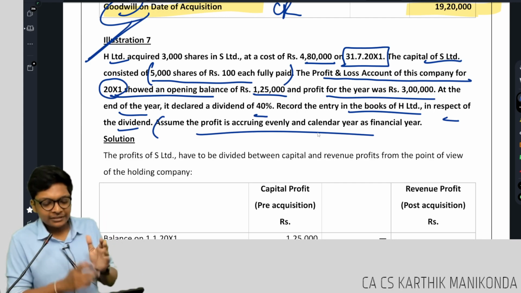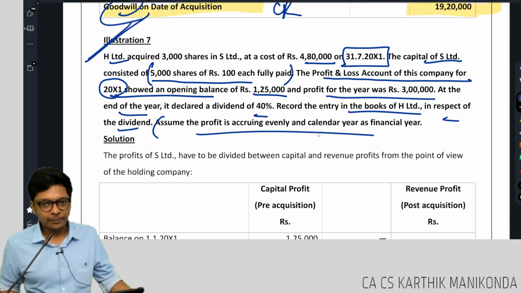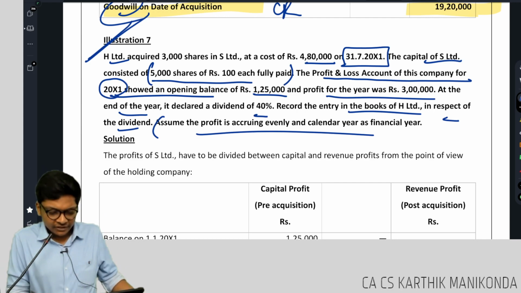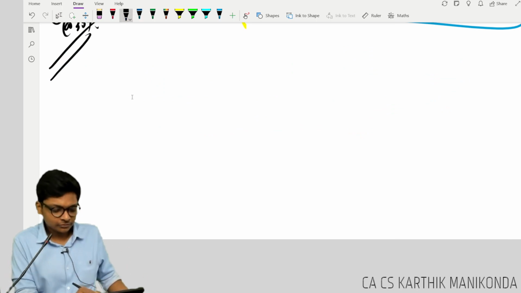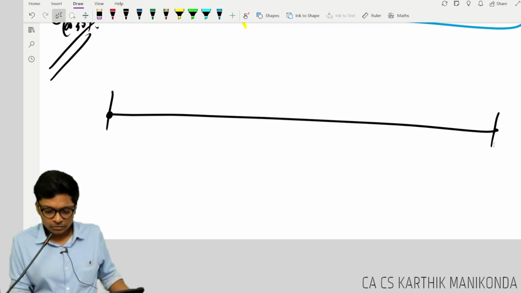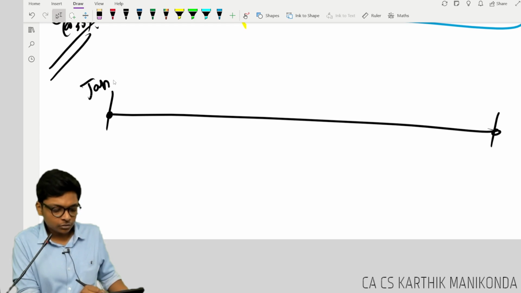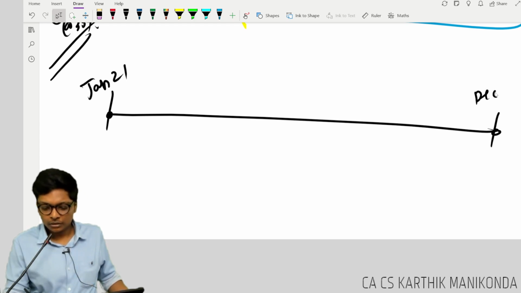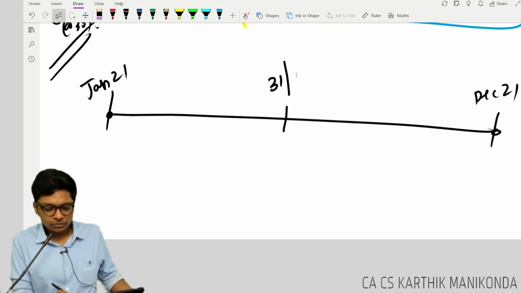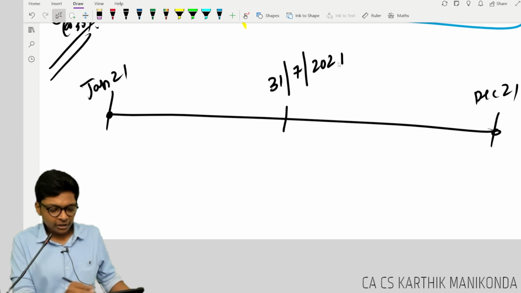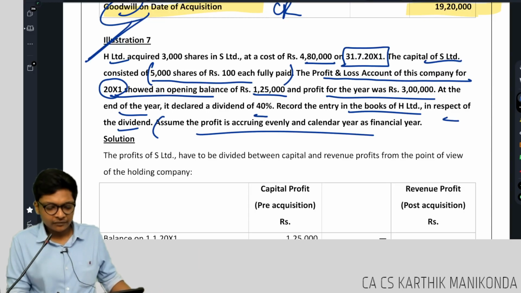First, let me plot this into a timeline as to what happened. We are in which year? 2021 as per the question, guys. Recording, don't ask me, sir, old recording. Jan 21, December 21. Acquisition took place on 31st July 2021, and on the date of acquisition you paid some money, which is